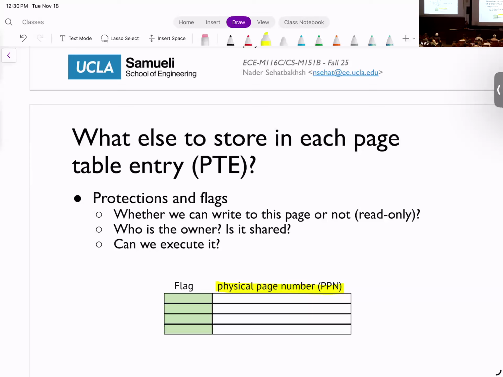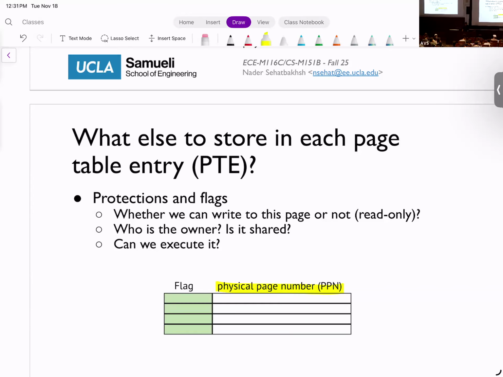What are these flags? These flags show, for example, whether the page is readable or writable, whether this is modifiable by a particular other process, whether this is shared among different processes, is it executable or is it just read-only? So there are a whole bunch of different things that the operating system can apply here.